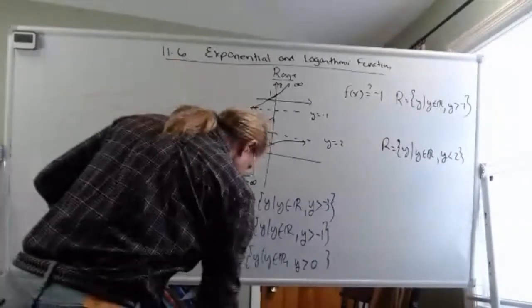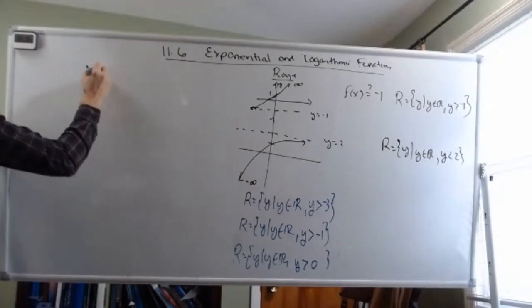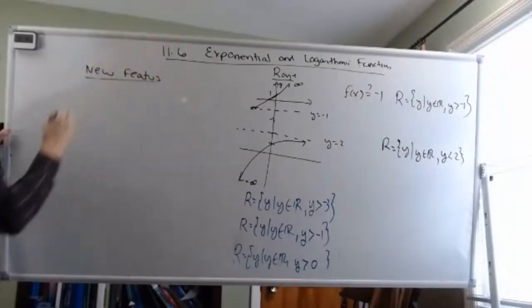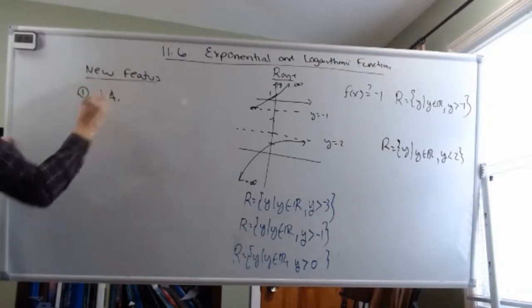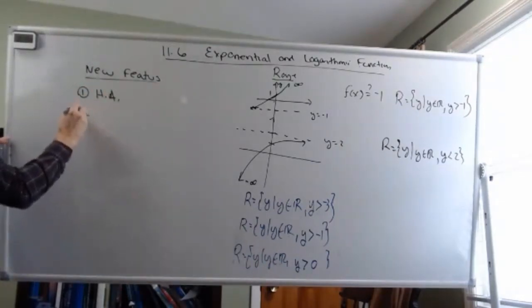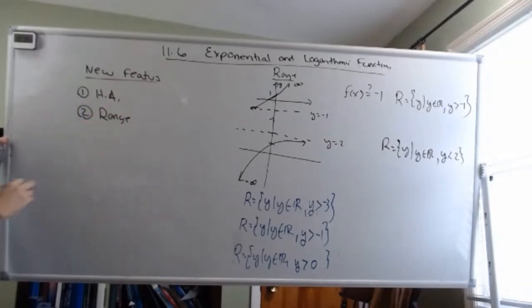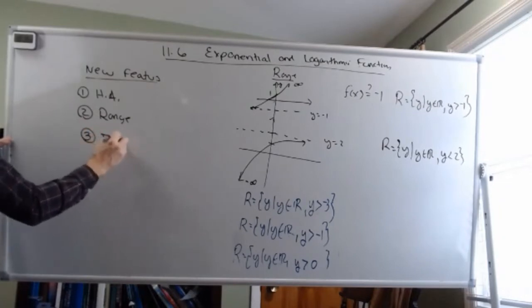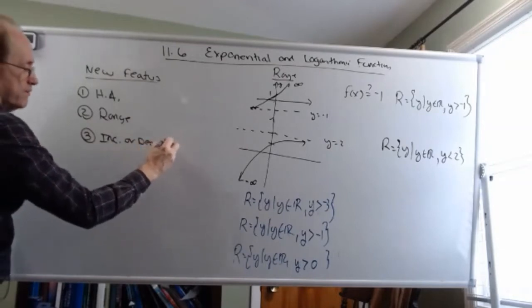So let me put the important features. So the new important features, and we'll end with this, that are involved with exponential function. First thing we have is they have horizontal asymptote, so finding that horizontal asymptote. The second thing is new focus on the range of that. And then the third thing that's also important, is it an increasing or a decreasing exponential function